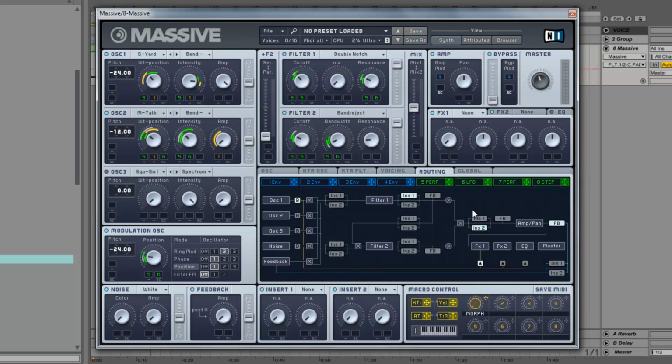Now for the routing tab, what I'm gonna do right now, feedback is right here, and I'm gonna put feedback after insert number 1. So what's gonna happen, the sound's going from the filter right here, from filter 1 into insert number 1. Then that output of the insert is being fed all the way back into the beginning of the synth, which then runs through the filters again and then back to the output. So if I now add a little bit of that feedback,